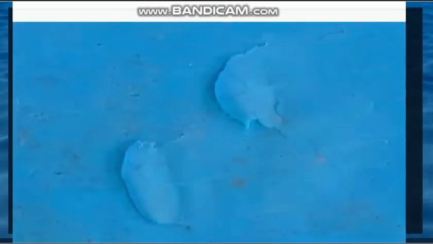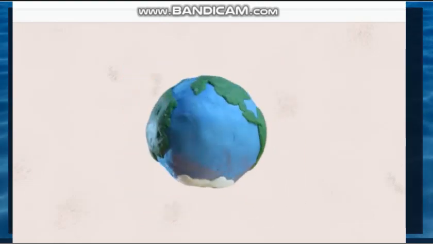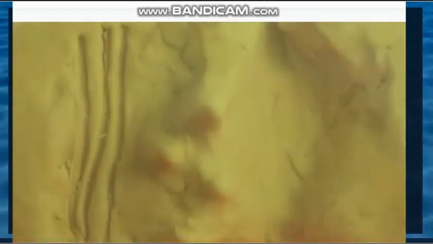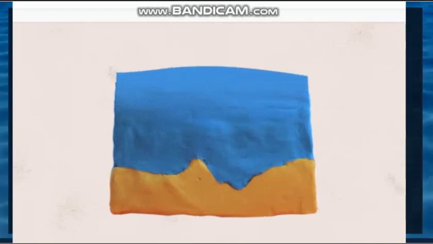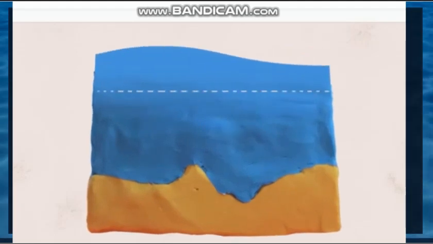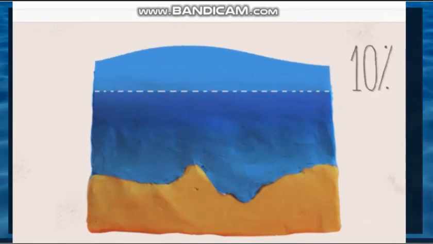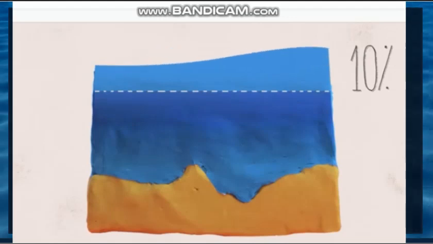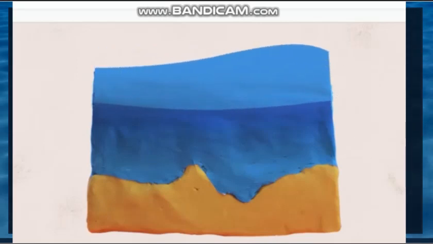are driven by a range of sources: the wind, tides, changes in water density, and the rotation of the Earth. The topography of the ocean floor and the shoreline modifies those motions, causing currents to speed up, slow down, or change direction. Ocean currents fall into two main categories: surface currents and deep ocean currents. Surface currents control the motion of the top 10% of the ocean's water, while deep ocean currents mobilize the other 90%. Though they're different causes, surface and deep ocean currents influence each other in an intricate dance that keeps the